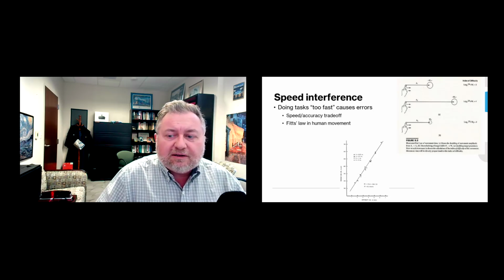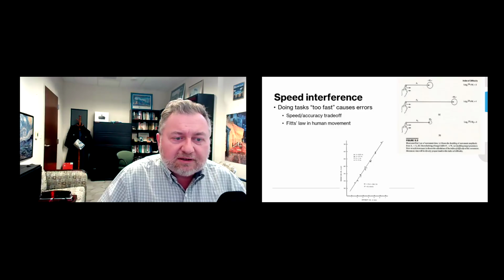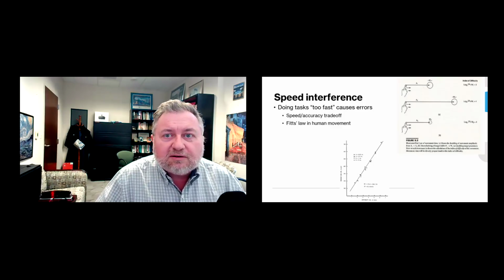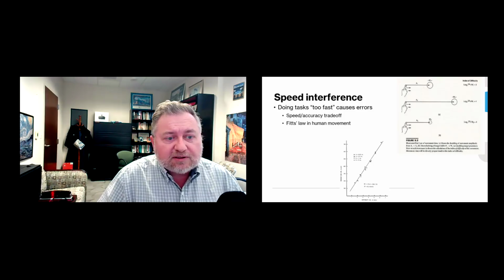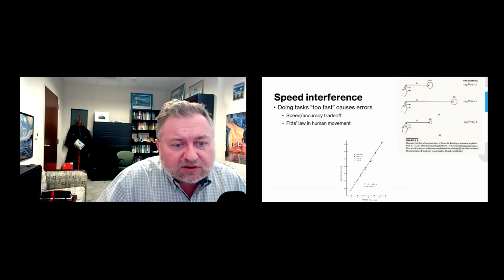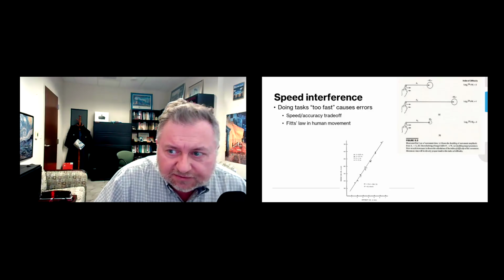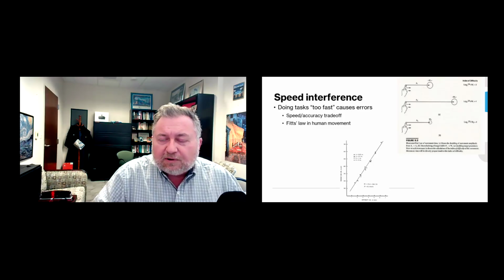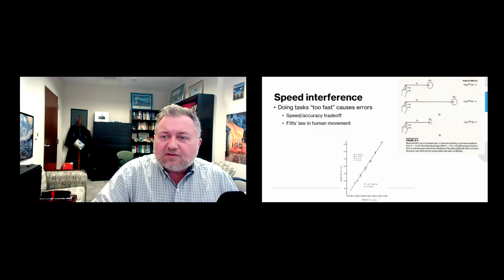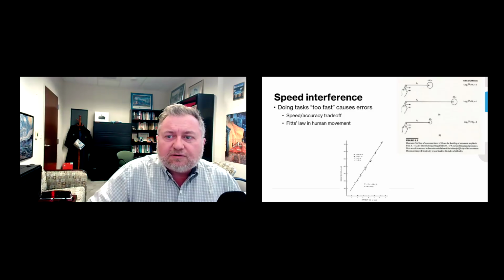And so going too quickly kind of inhibits your ability to process the information that's maybe necessary for task performance. And this shows up in a famous demonstration of human performance now called Fitts Law, one of the few laws we have in psychology. So what Fitts Law tells us is, what you see in the task here, a person is maybe using their finger to just point at a circular target.